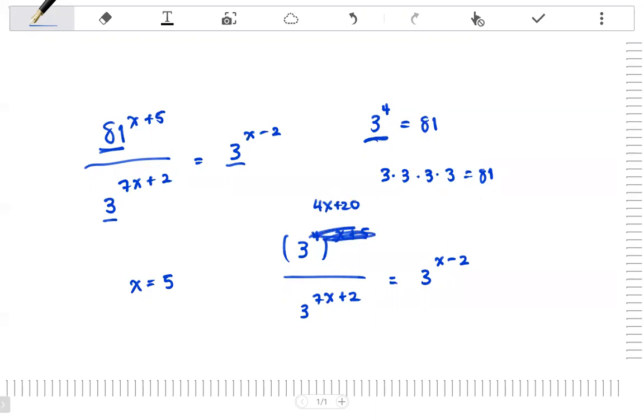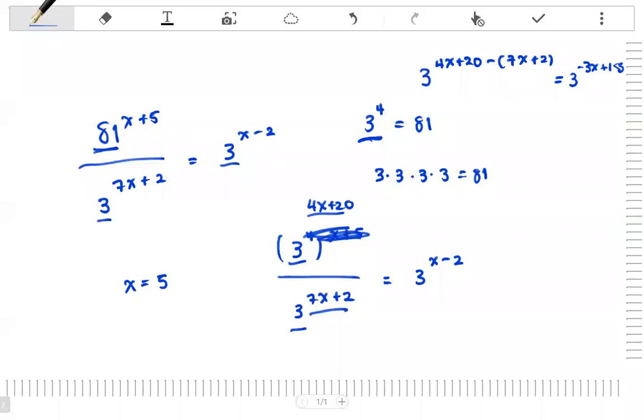And here we can use our subtraction property. When we have the same basis, we can subtract the exponents. So 4x plus 20 minus 7x plus 2 is going to be negative 3x plus 18. So if you write the whole question, negative 3x plus 18 is going to be 3x minus